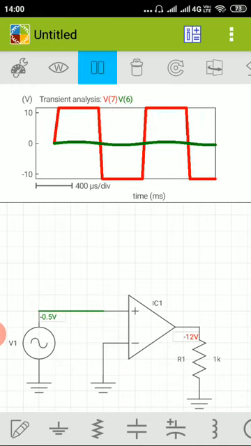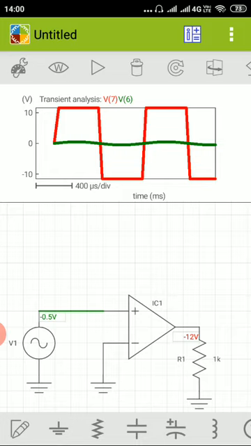For different values of input voltage, you can observe the output voltage. Since it is an open loop circuit, the output will have only either the positive saturation voltage or the negative saturation voltage.